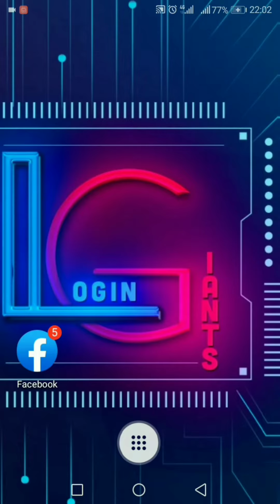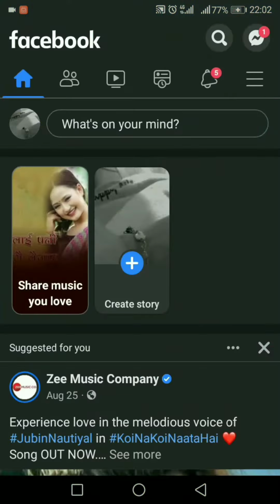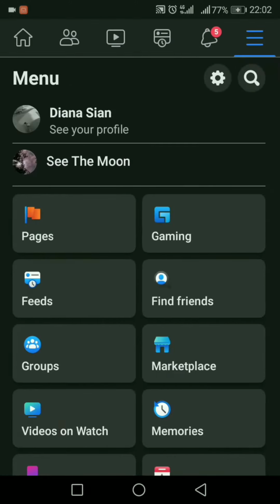So first of all, start by opening your Facebook application. Go to the third bar menu. If you have any pages on your Facebook, that should appear below your profile like this. Click that page